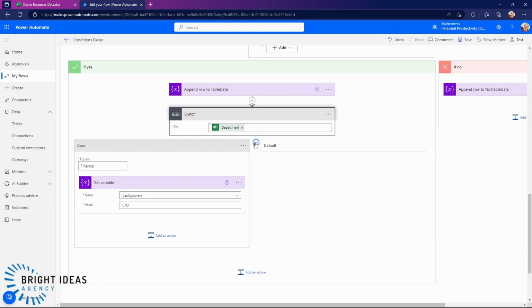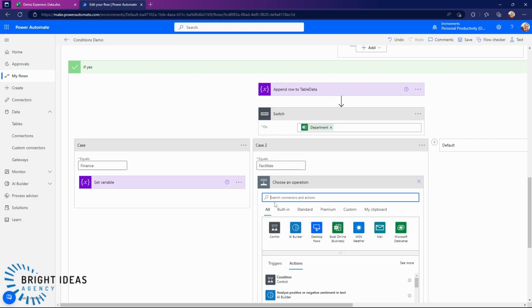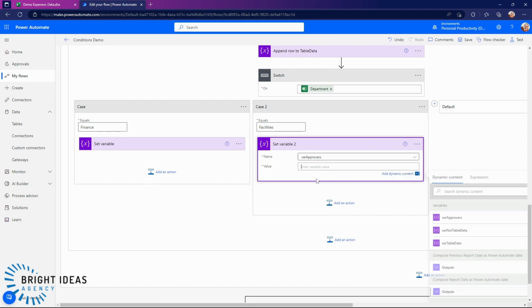And then I'm going to add another case. And in this case, I'm going to say facilities. And I'm going to come over here and do a set variable again. I'm going to set the same variable, so it's var approvers, and I'm going to say facilities manager and